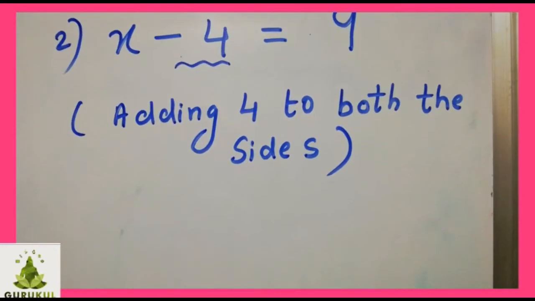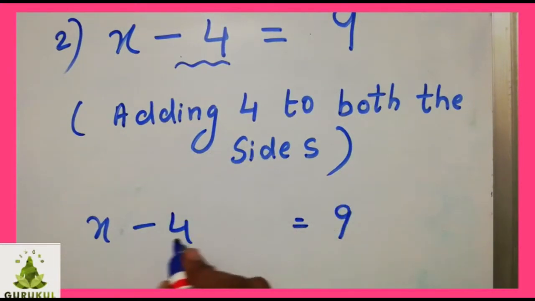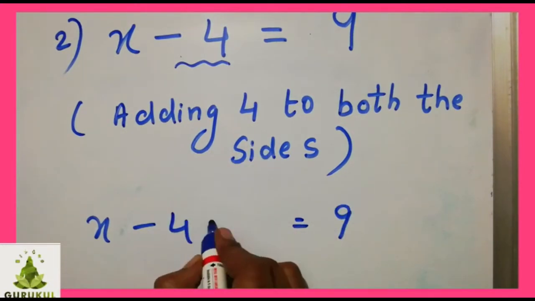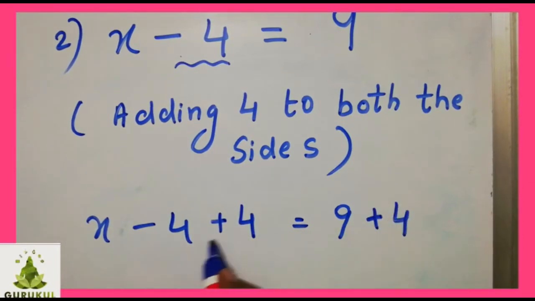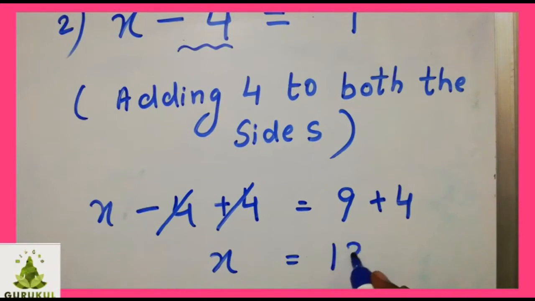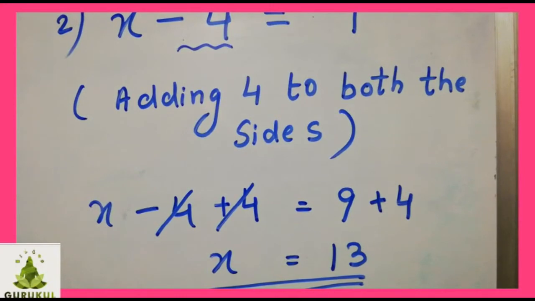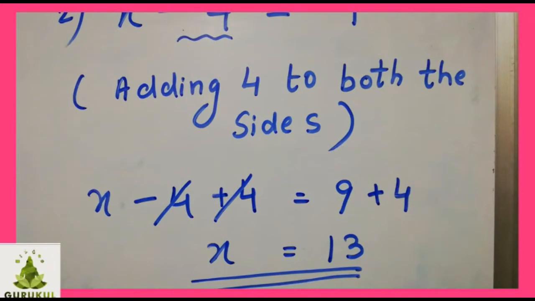Let's see how to find the solution also. X minus 4 is equals to 9 is given, you are adding plus 4. Now we are taking its opposite, minus 4's opposite is plus 4. So here also I will write plus 4, then this 4 will get cancelled here. I don't want 4, so I wrote its opposite number. Now what is remaining here? X is there. X is equals to 9 plus 4 is 13. So this is the solution of the equation. X is equals to 13. This is known as finding the solution. You need to write only this much, but I explained the solving part also. If you want, you can copy this down in your notebook.